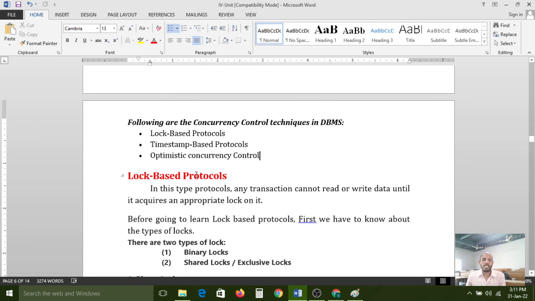Okay, in the next class we will discuss the log based protocols. Then we will get a great awareness of how to maintain logs in our database to prevent concurrent transactions.